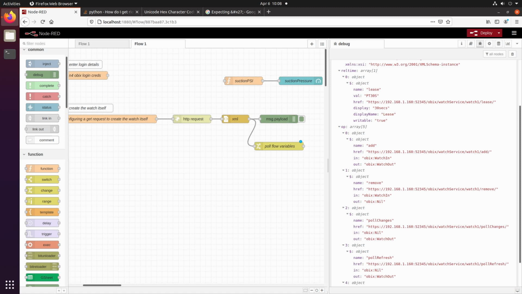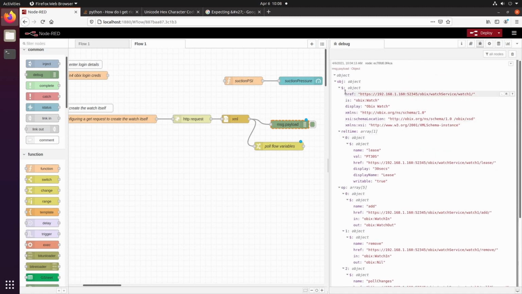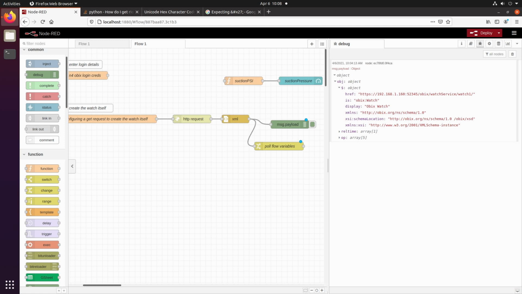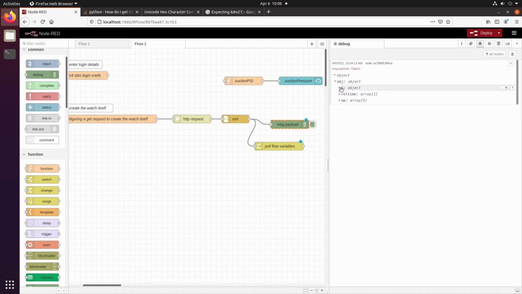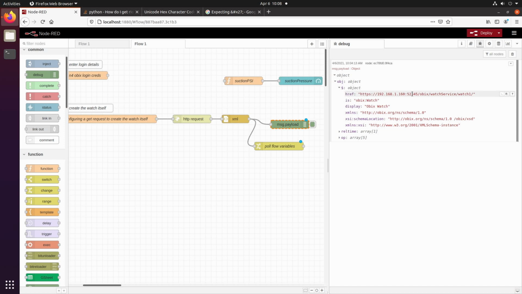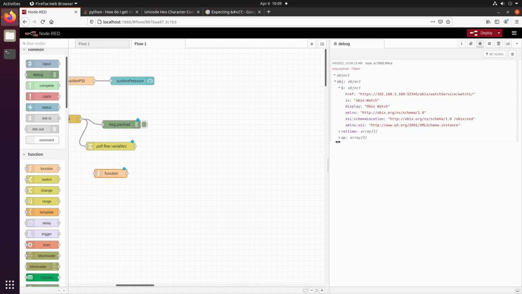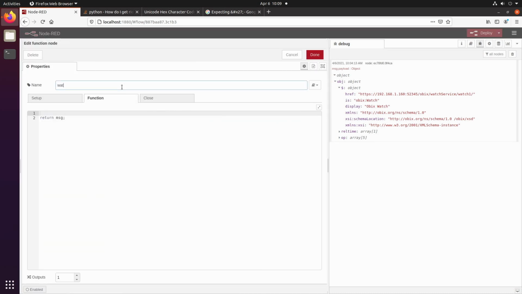Okay. Now we're also going to need this watch number, or it might be very useful for us to be able to see in our Node-RED flow what the watch number is. So let's roll this all up again. Object, $, here it is. So we can take this path and let's do something with it. Let's create a new function. We wanted to just grab that watch number. So we'll call this function watch number,